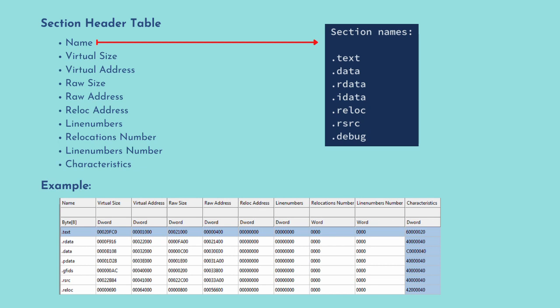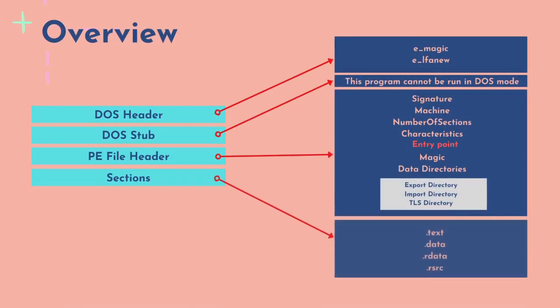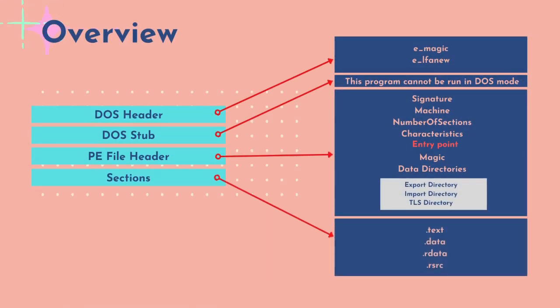Debug contains debug information. The section name can be modified, like in UPX, where packed samples contain the section name .upx. By looking at the names, sometimes we can tell that a malware sample is packed by some known packer. This is all about PE file structure. Remembering everything about PE file structure is difficult, so this slide mentions a few important things that need to be remembered while analyzing any Windows malware samples.